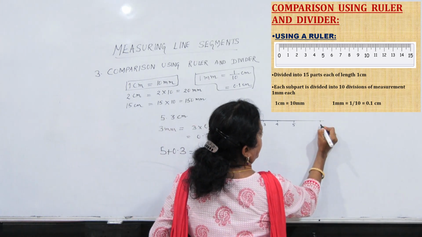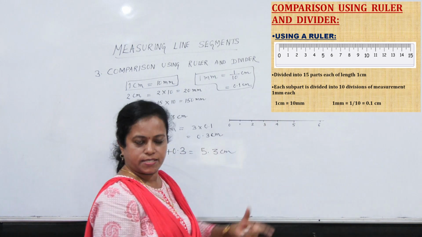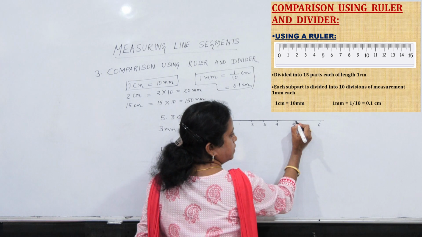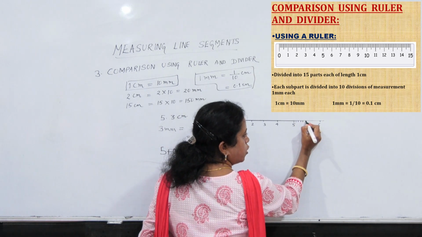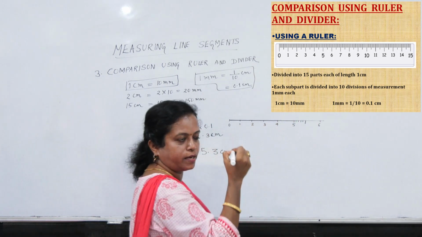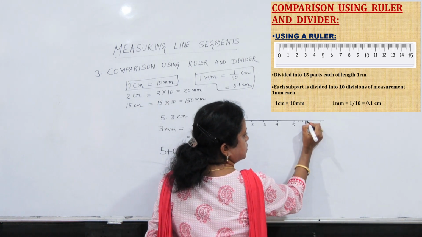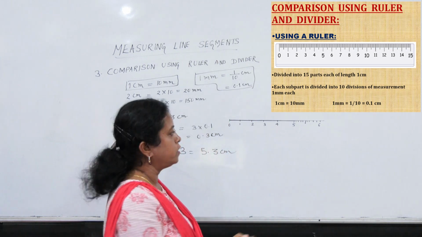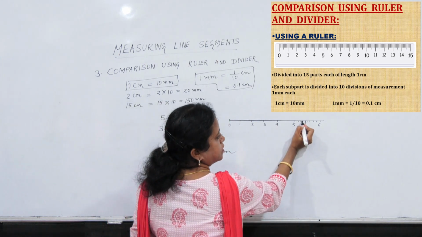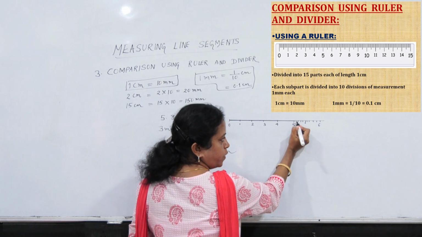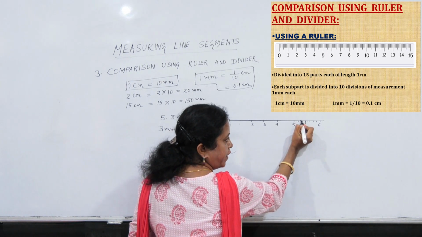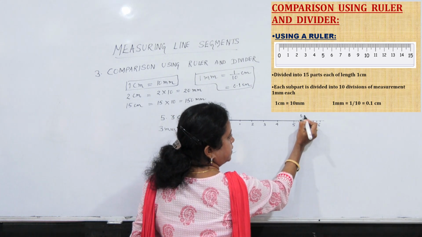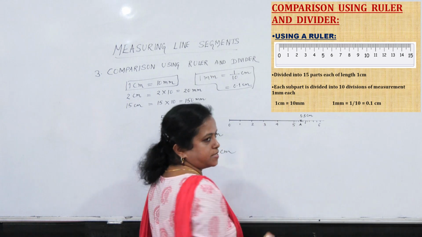5 6. तो ये जो 5 और 6 के बीच में है, मैंने बताया कितने डिविजन्स हैं, 10 डिविजन्स हैं. Let us see 1 2 3 4 और फिफ्थ वाला जो रहेगा थोड़ा सा लंबा दिखाया होगा आपके स्केल में, 6 7 8 9 and 10th one will be the next number. तो मुझे 5.3 means this is 5, this is 5.1, 5.2 and 5.3. तो ये जो पॉइंट है, if I name it as A, this represents 5.3 centimeter.